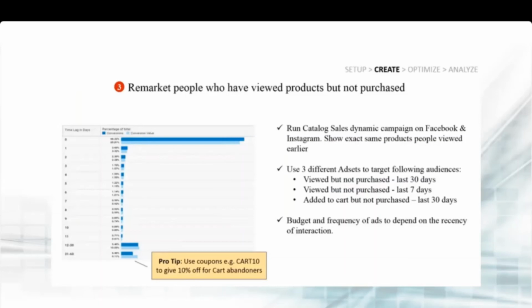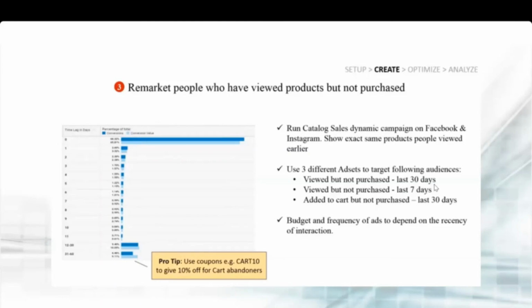So dynamic is nothing but exactly for what people are searching, right? So you have listed, say for example, a summer collection and you have many kinds of products for the summer collection. So people are searching for cotton t-shirts, kind of stuff. So what will be done in a dynamic ad? Whatever products you have under your catalogs, it will try to match with the query of your audience and your ads will be shown, right?